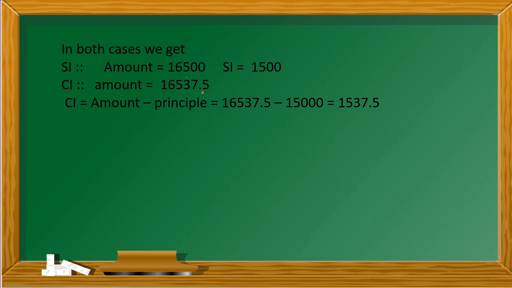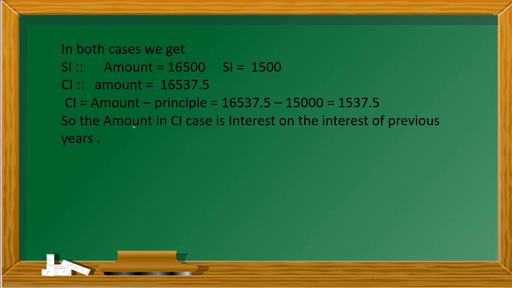Now why is it less? As we have taken a small amount as the principal, 15,000 rupees. When it is more than 15,000, for example 15 lakhs and 15 crores, the difference in the amounts is also bigger or much more. So in this way we can calculate the amount and compound interest for a particular amount and for a particular rate.